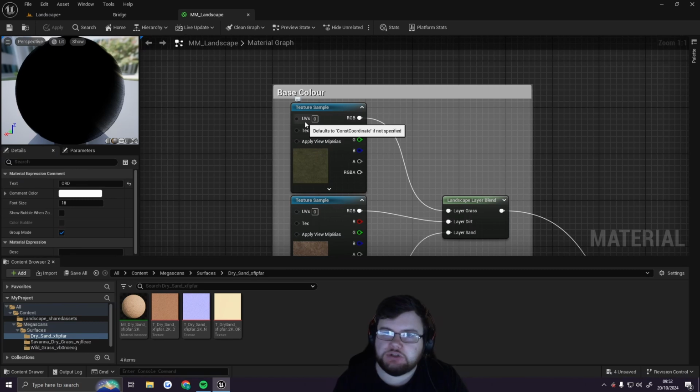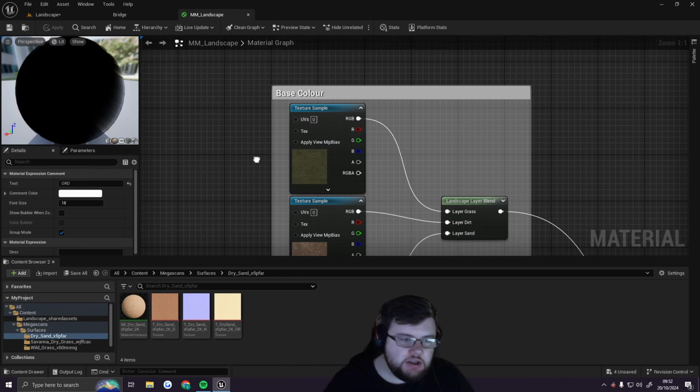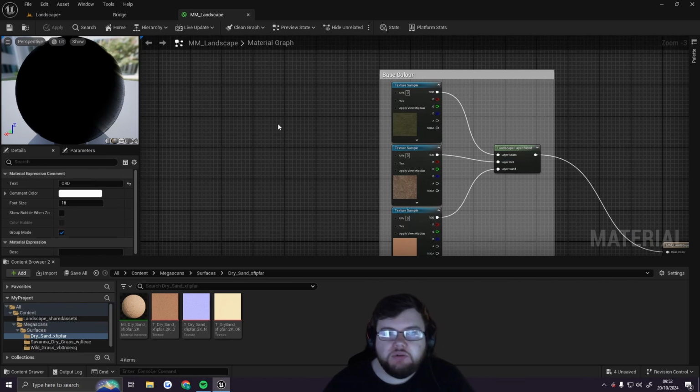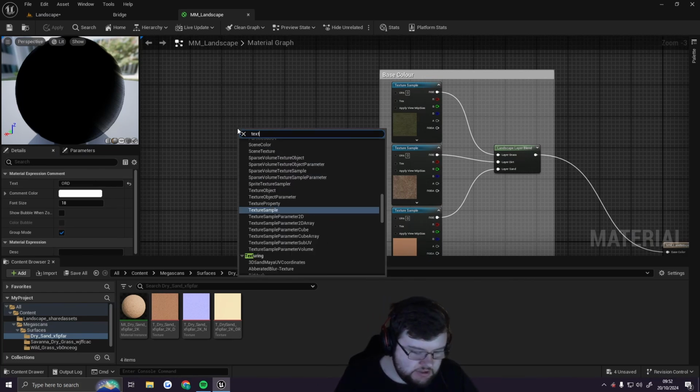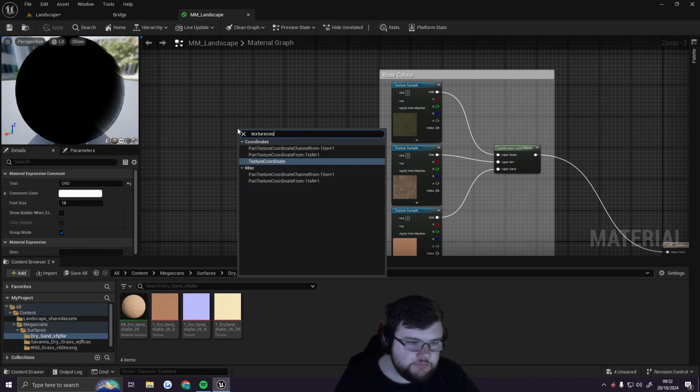It's the exact same principle. We'll go into that more later in the year with Nikki and Jake, but for now we're just going to do something really simple here. So if I right click and search texture coordinates,